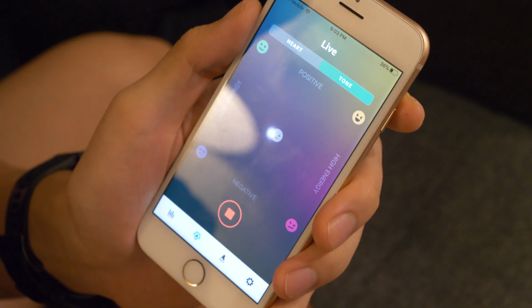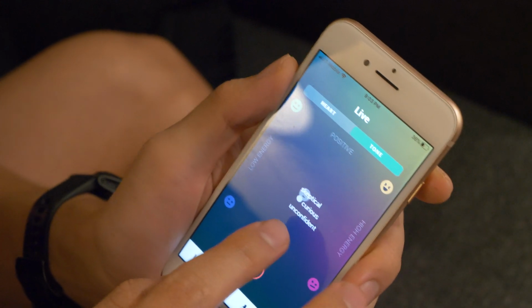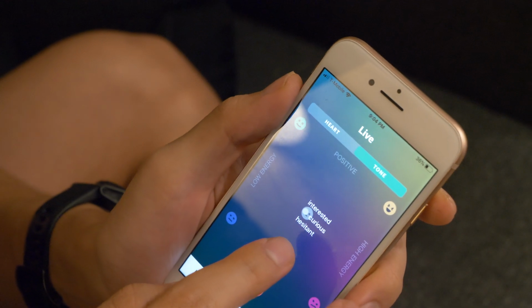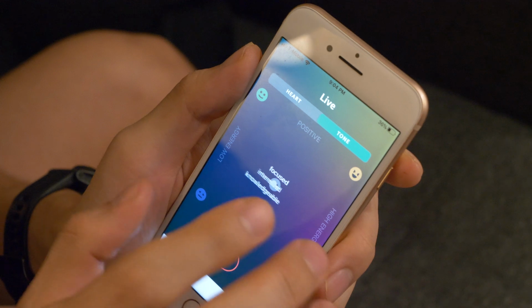Yeah, I don't know what to do here. Unskeptical. Oh, okay, there we go. Unconfident, skeptical, curious, interested, hesitant. So, yeah, you can't really bullshit this thing. It seems like,